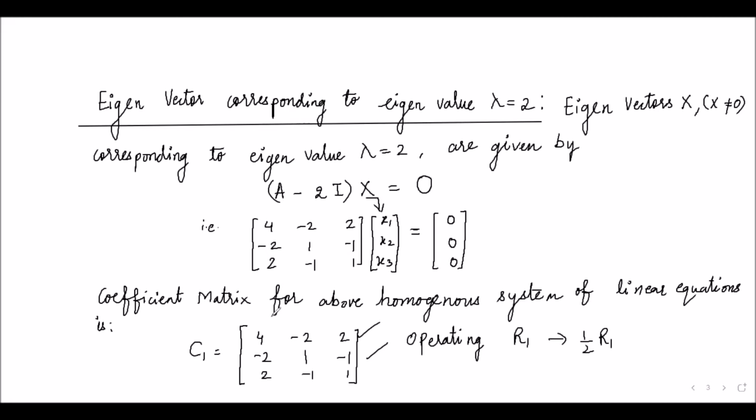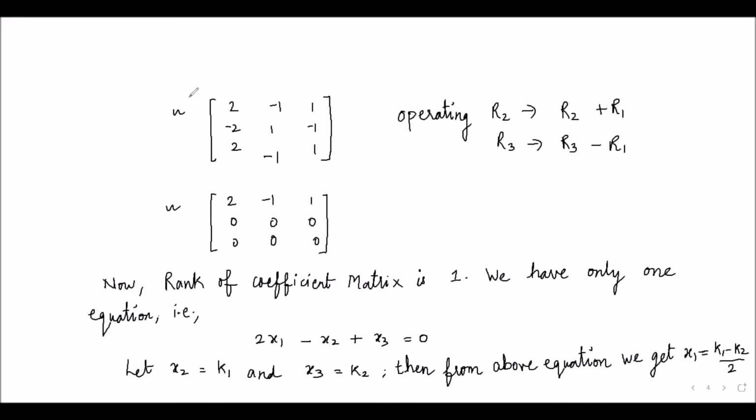Here we can see that 2 is present in all the entries in the first row. So we are using this transformation in which we are multiplying this first row with a non-zero scalar, which is 1/2. On applying this transformation, we are getting this matrix. And since we have to reduce it to the echelon form, here with the help of this 2, we can easily make these two entries 0.